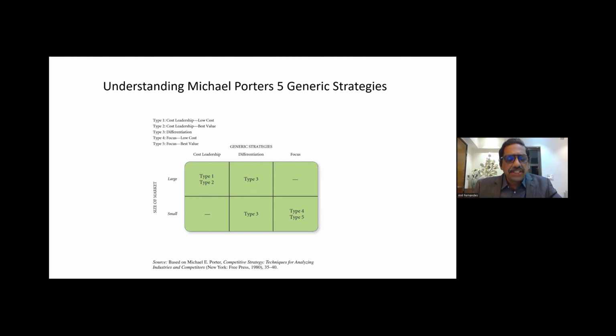The second type of strategy, again in the same matrix, large markets and cost leadership, is the best value cost leadership strategy. So here again, it's about low cost, but not necessarily the lowest cost. Perhaps you are priced lower as compared to similar products with similar attributes. And by virtue of a lower price, you have a better price value benefit as compared to the specific brands that you are targeting. Take the example of the detergent market, like Unilever's Surf in comparison to Procter & Gamble's